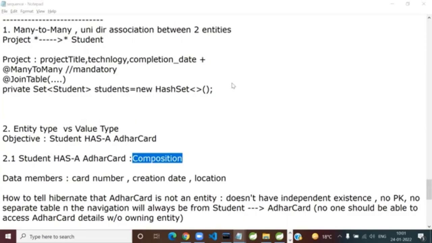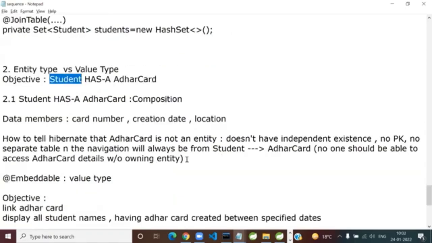And that answer is one single annotation. Okay. So what we are going to configure is nothing but a dependent type. So the Aadhaar card is totally dependent for its existence on student. In simple English, do you want to allow third party code, as in tester code, to directly create the Aadhaar card instance, or within an enclosing entity, the Student class instance? You understand it? So how do I say it in the database? In the database, Aadhaar card does not have a separate existence. It is dependent on this. So read this.